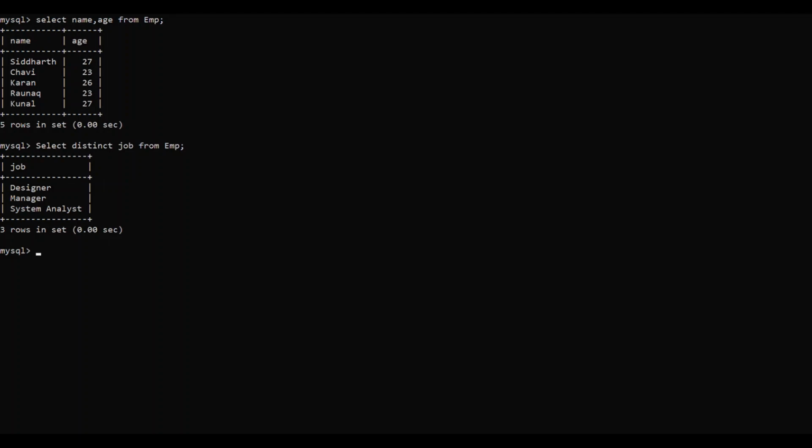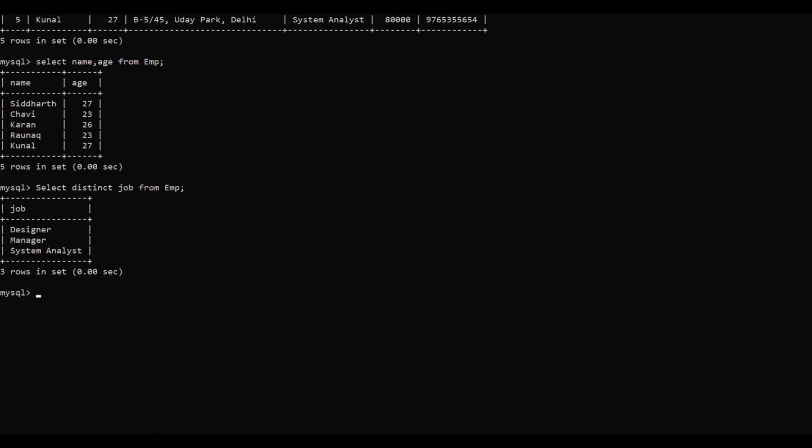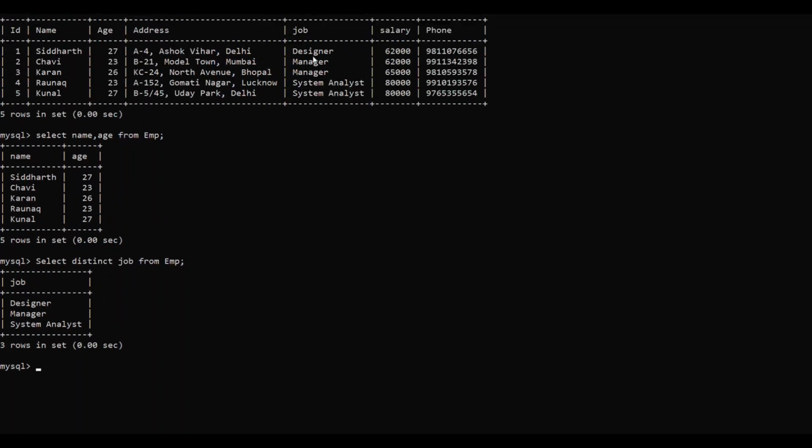In my table, I had 5 records, wherein 2 records have the job as system analyst, 2 records manager and 1 designer. The repeated values of manager and system analyst are not shown in this output. It gives me only the non-repeated, or different, values with the help of the distinct keyword.